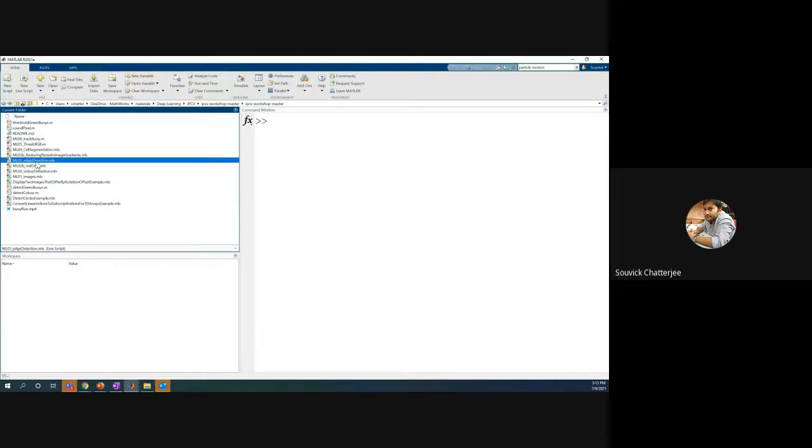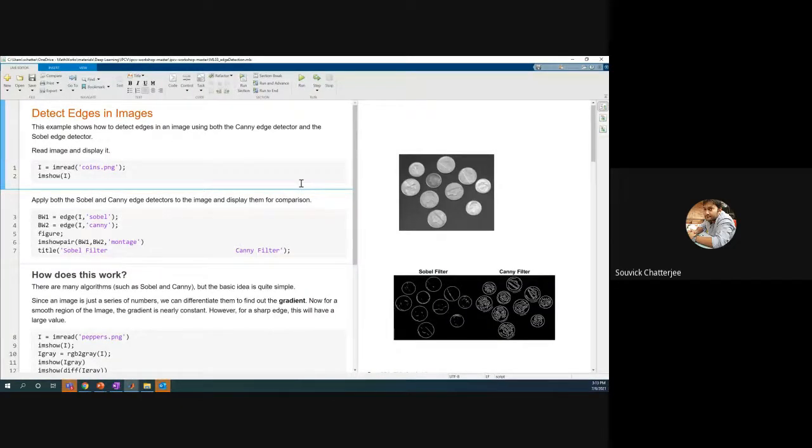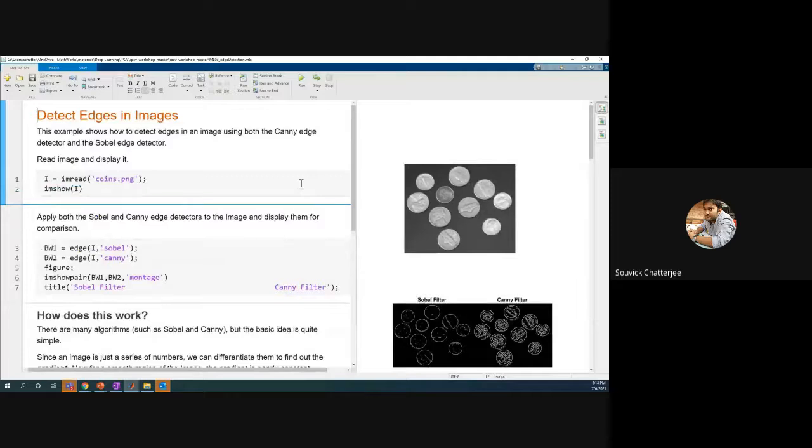Now let's go to some more. We'll gradually step up the pace and go to some more specific examples. Here our job is to find the edges, because whenever you are doing image processing, edge detection is a very critical thing, and it becomes one of the critical applications even in medical images. After this I'll come to a medical images application, but the concept of all these things applies if you want to do edge detection. Has anybody tried edge detection or want to do edge detection for any sort of problems?